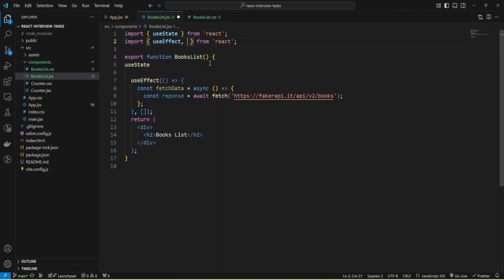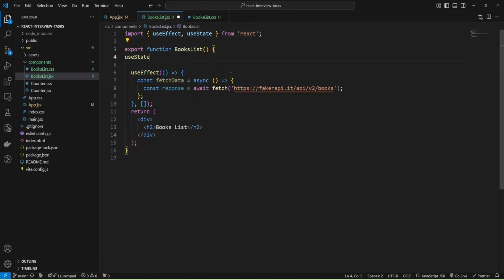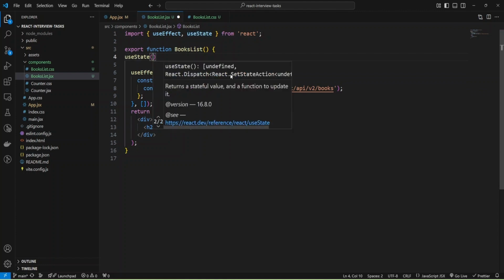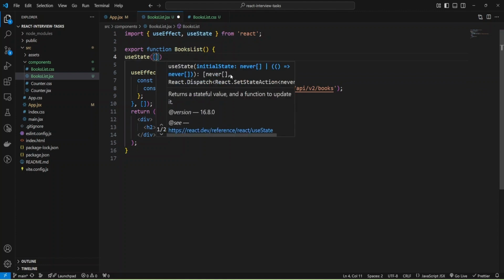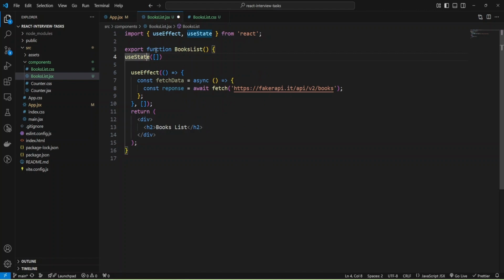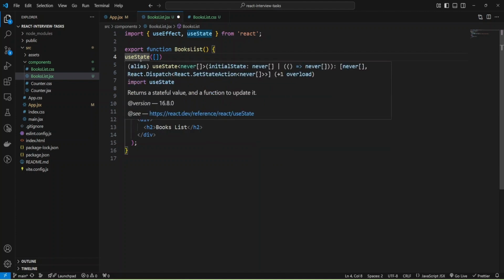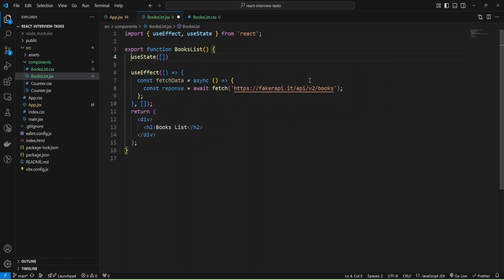I can just simplify it, and now I can provide an initial value, and initially I'll have an empty array. As you can see, useState returns the function and also the value, and I need to save it into variables, and I'll use books, and the function will be setBooks.